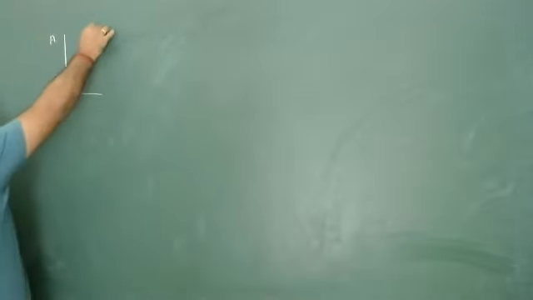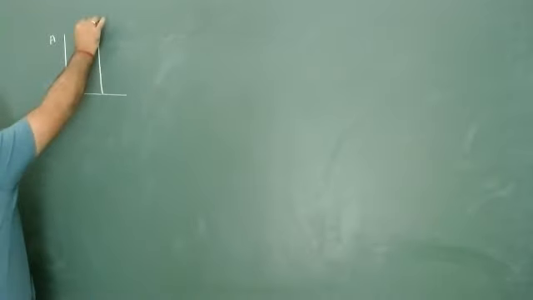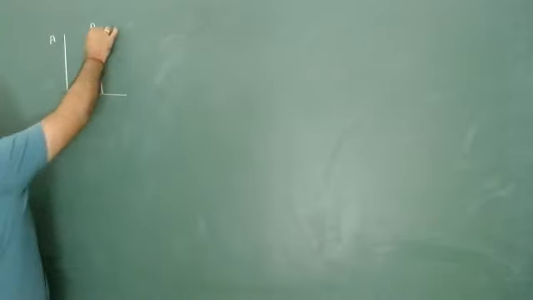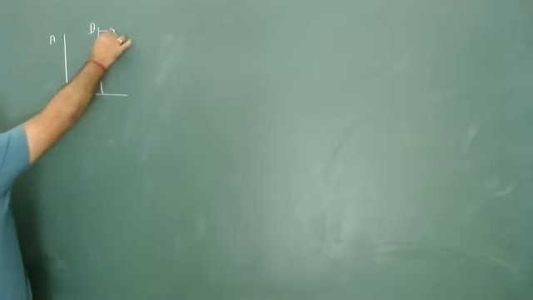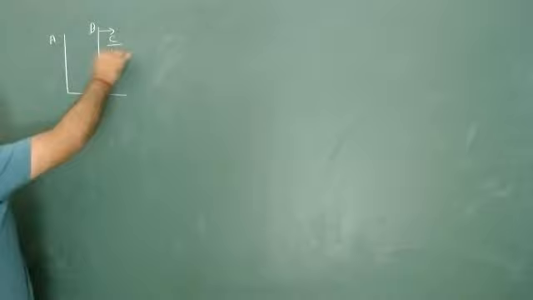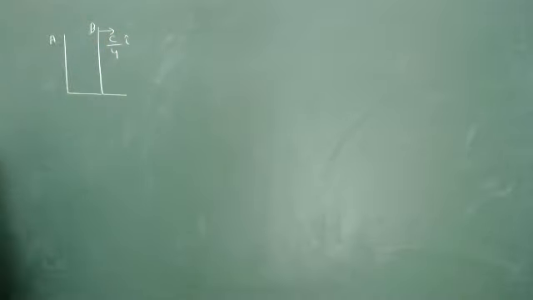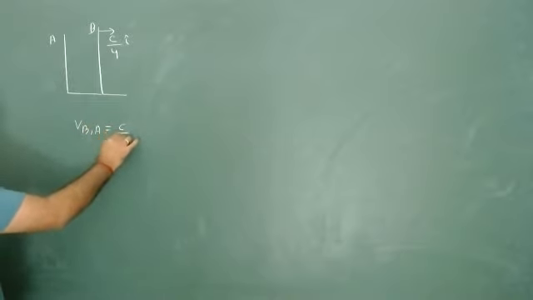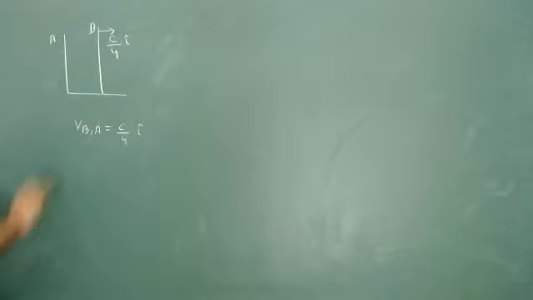So in this problem, it is given there is a frame A. Let's say this is frame A. There is a frame B. Let's say it is frame B. And B is moving with respect to A with some speed c/4 in i cap direction. So in shortcut, we can write velocity of B with respect to A is c/4 in i cap direction. So this is given.